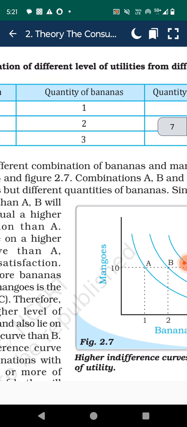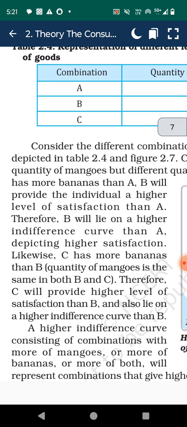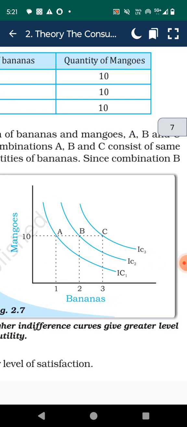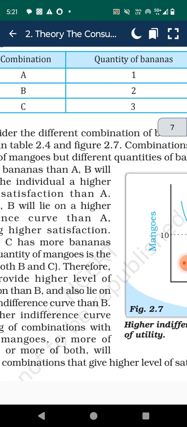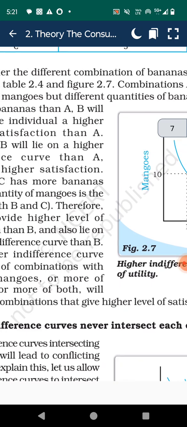Representation of different levels of utility from different combinations. Combinations A, B, C: quantity of banana 1, 2, 3, quantity of mango 10, 10, 10. Consider different